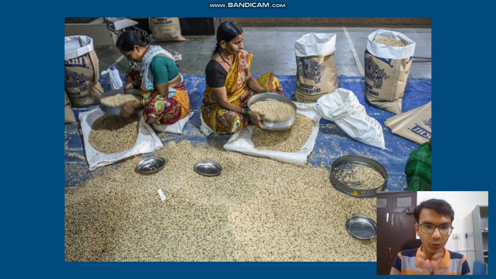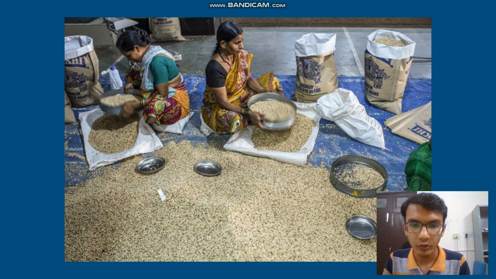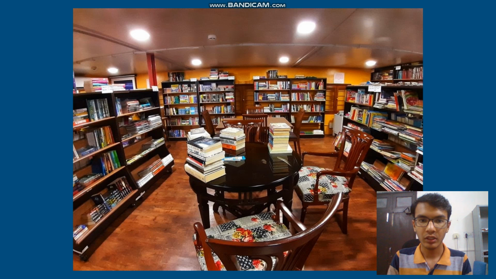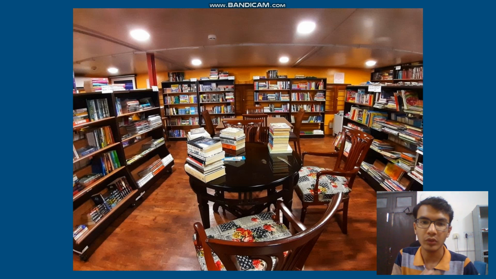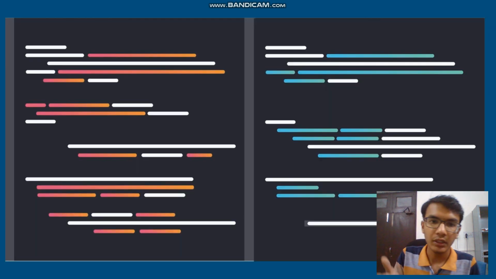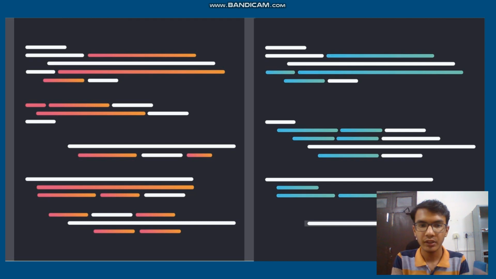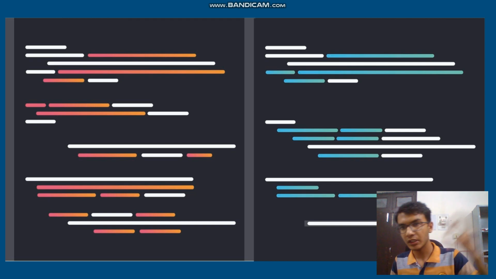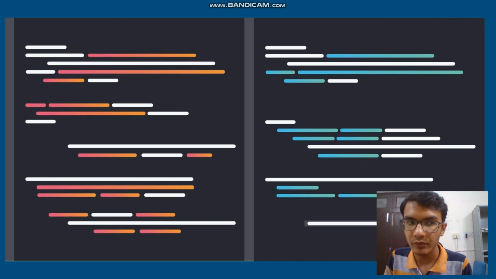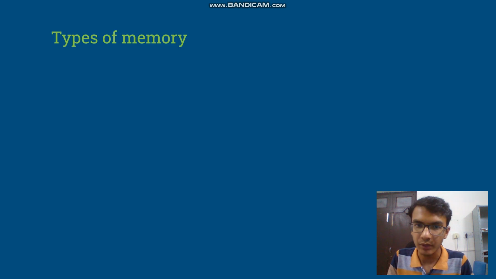As we all know, storage is a very basic instinct of human beings. We want to store, whether it is grain, past knowledge, or memories, so that we can use it in the future. We also use it in our algorithms and logic, because in logic we process some data and store the processed data somewhere so that we can use it again in the future. Without a memory we cannot have good logic.